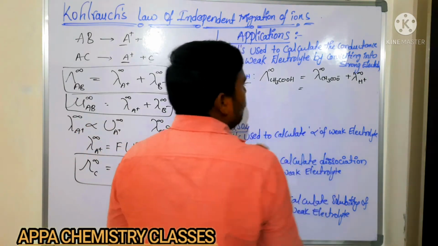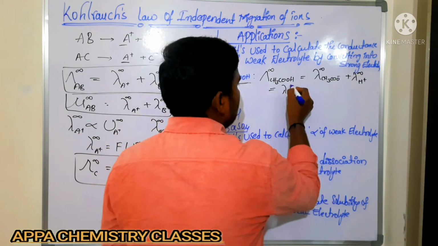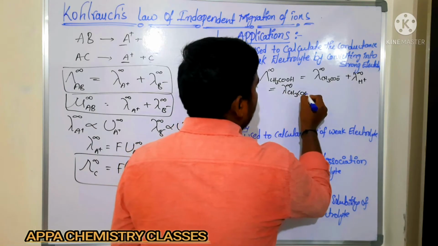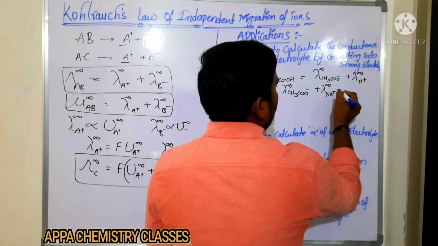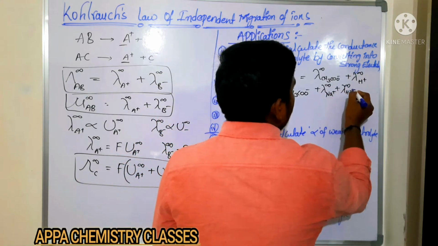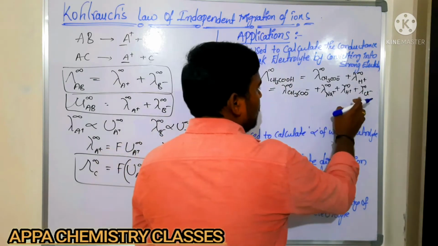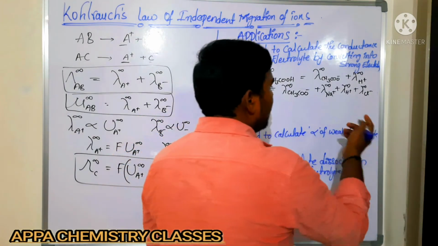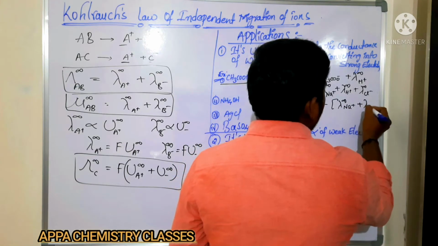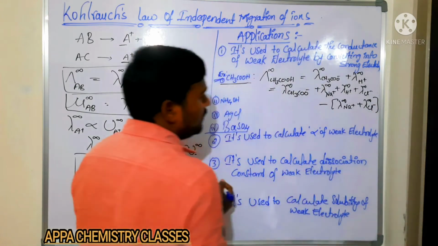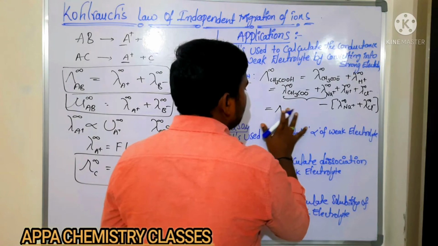Now to this, what I am doing is adding sodium ions and chloride ions and subtracting them. To the negatively charged acetate ion I am adding the positive ion Na plus, and to the positively charged ion I am adding the negative ion. So I added one sodium ion and one chloride ion. They have fixed conductance, and that conductance I am subtracting: ionic conductance of Na plus plus ionic conductance of Cl minus at infinite dilution. Now by combining these, you are going to get the equivalent conductance of sodium acetate.